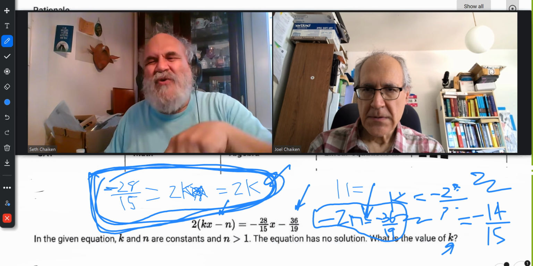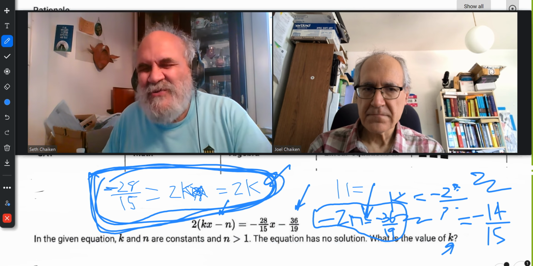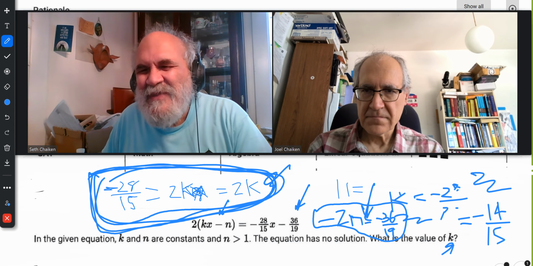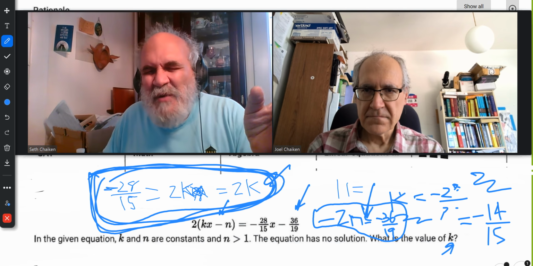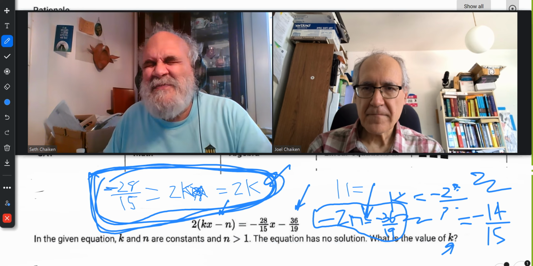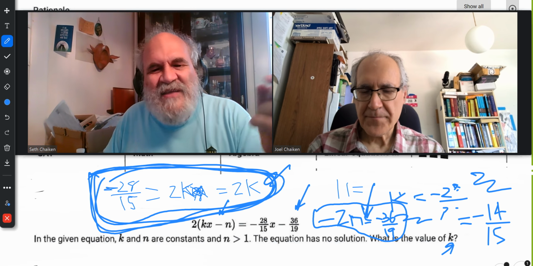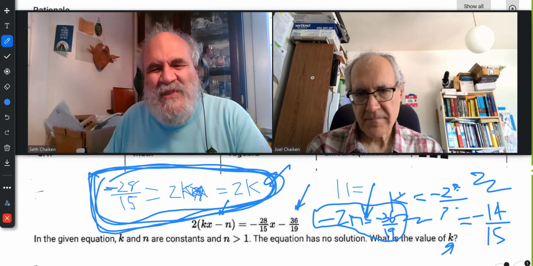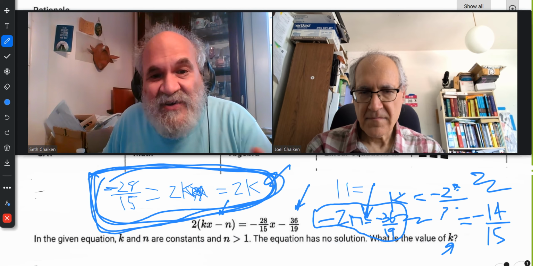An equation between two constants, like 3 equals 4, with a variable lurking in the background, has no solution. And the equation 4 equals 4 is true no matter what any variable is. So this has infinitely many solutions. Okay? So if you're led to the equation minus 2n equals minus 36/19, then if you